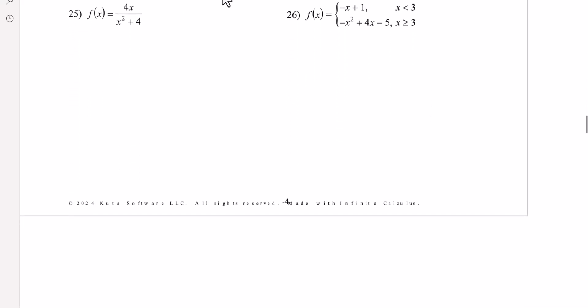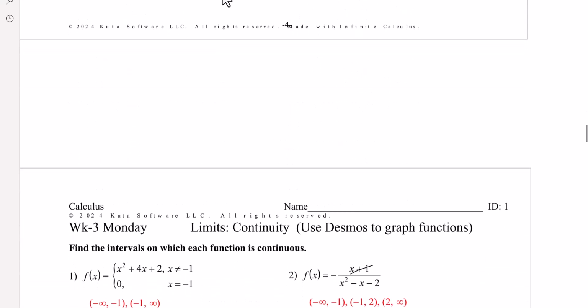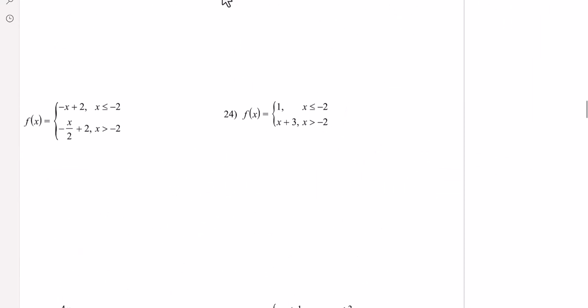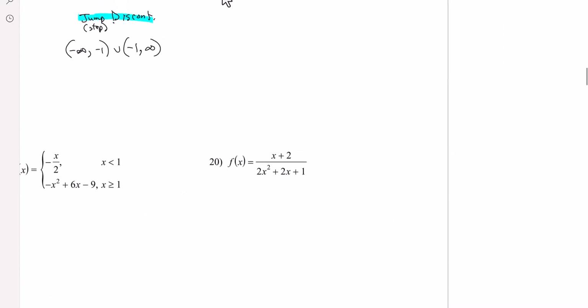And I don't think there's any others that, yep, and then that's just the answer key. All right, this one was a little bit shorter. If there's anything you